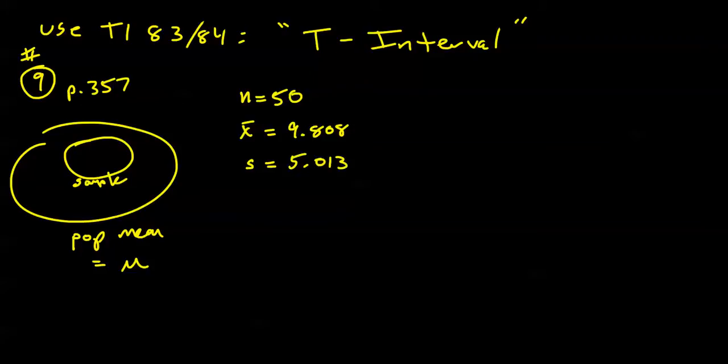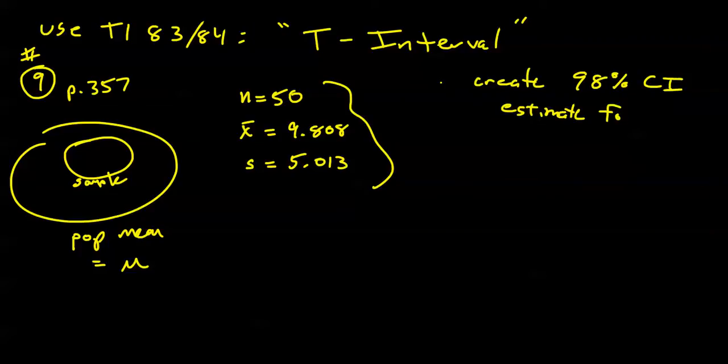5.013 in kilometers. Alright, we're going to use this sample data to create what the book says, a 98% confidence interval estimate for mu. Our level of confidence, referred to formally as 1 minus alpha, is 0.98. So we want to create an interval such that we will be 98% certain, or have a 98% probability of actually containing mu. And we're going to use, again, this t-interval